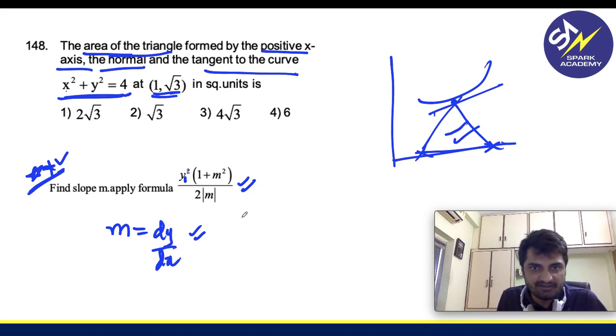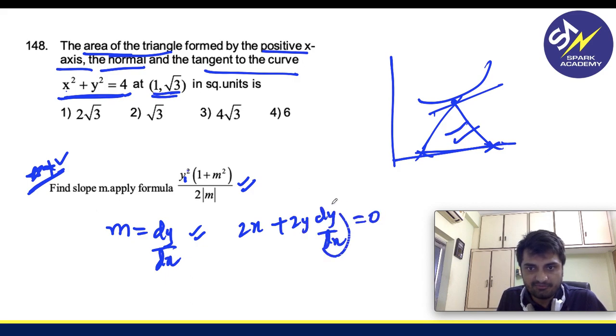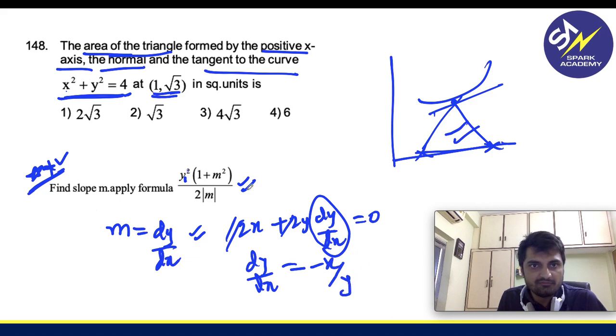So if you want dy by dx, what is this? 2x plus 2y dy by dx, and that part is 0. 2 cancels. So dy by dx is what now? Basically minus x by y. What is your x and y? 1 by root 3. So basically I will get y1 square, root 3 whole square, is this, into